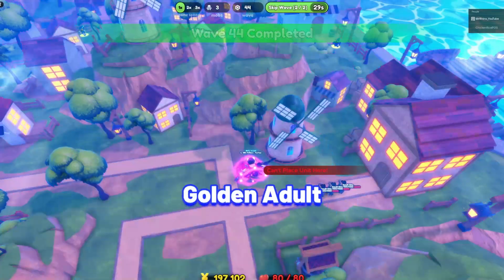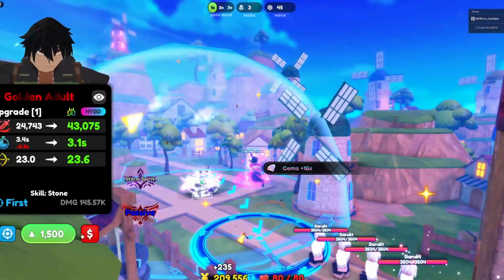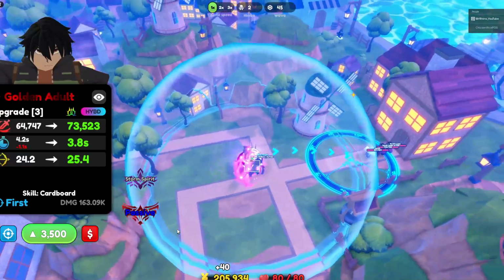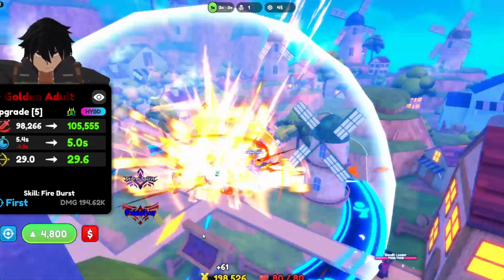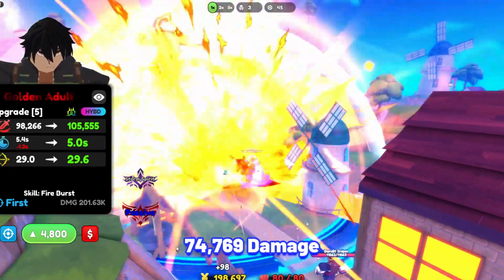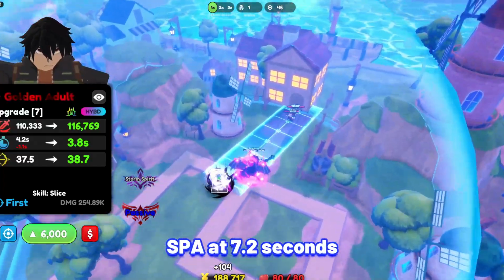Okay, next is Golden Adult. Golden Adult is one of the newest secret hybrid portal units, and he became one of the best damage per second and support units in this new Anime Defenders Update 6. Golden Adult stats at max upgrade and max LR: 74,769 damage with his SPA at 7.2 seconds, making his damage per second